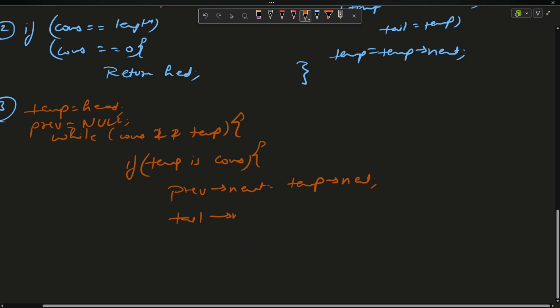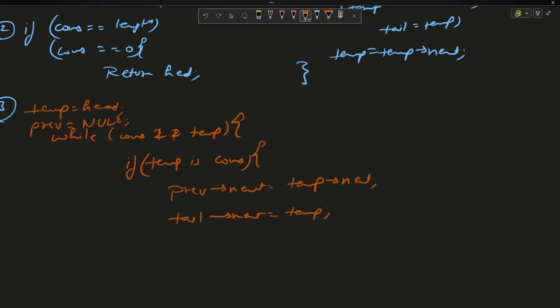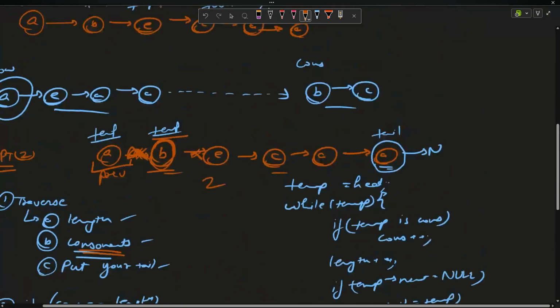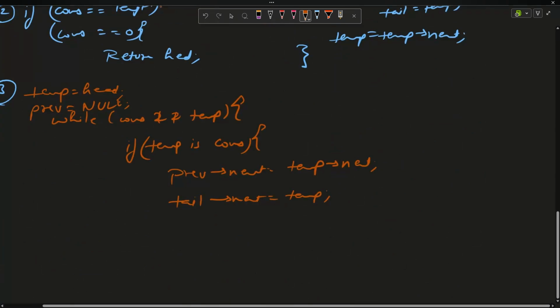So tail's next becomes temp. Okay. Now, I know the temp is actually connected. This connection is actually alive, so I will have to break this up. How will I do that? I will say temp